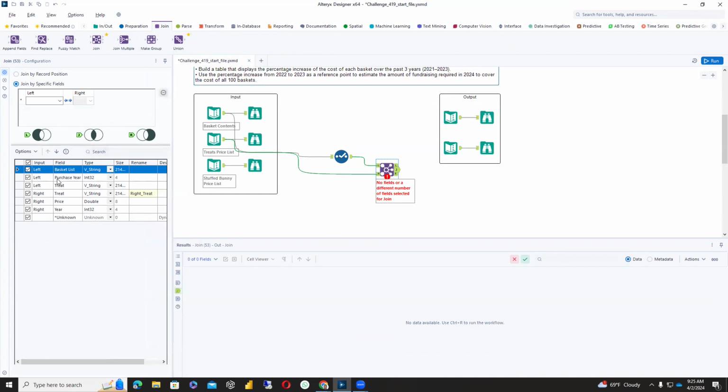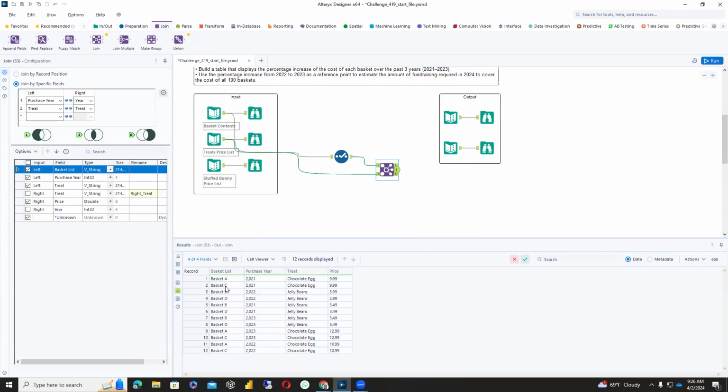So I'm getting everything from the left-hand side, but from the right-hand side, I do not need the treat name again. I do need the price, but I don't need to repeat the year. So when I'm joining this data set, I will make sure that years match. So purchase year and the year, they do match. Also, treat names, they have to match. So when I run this data set,